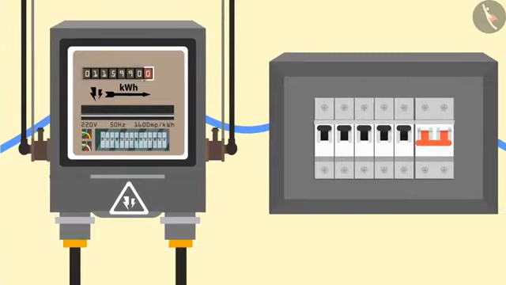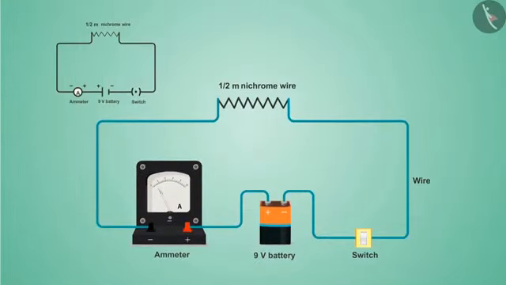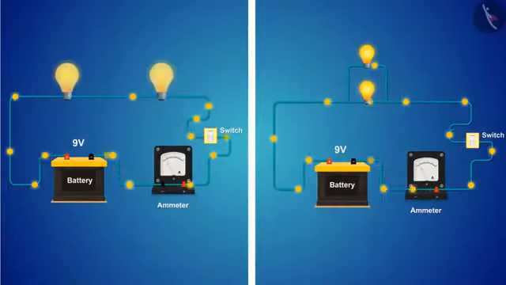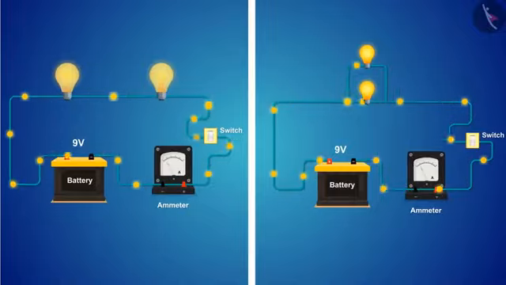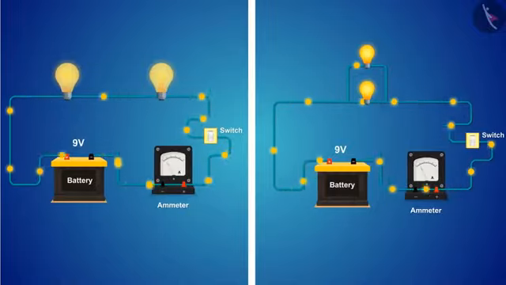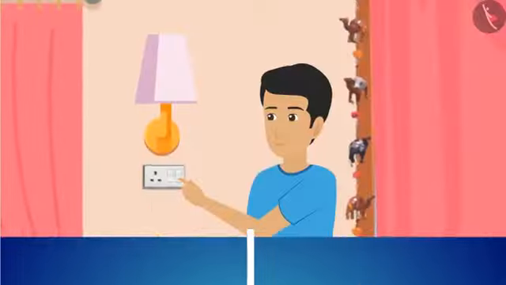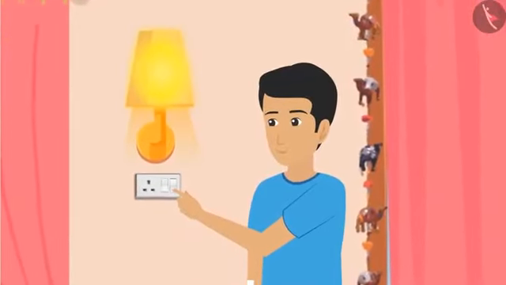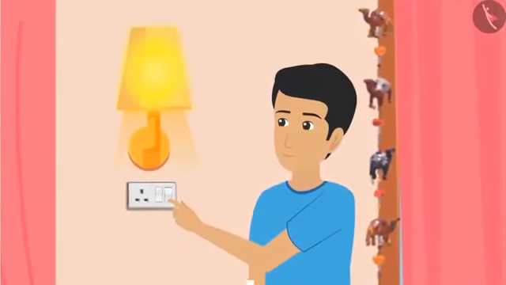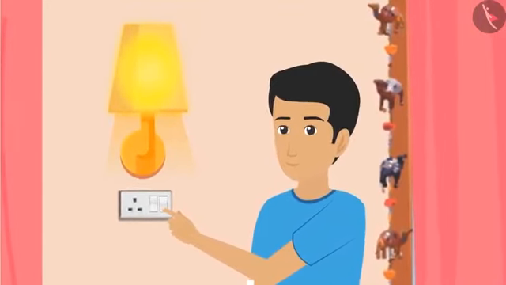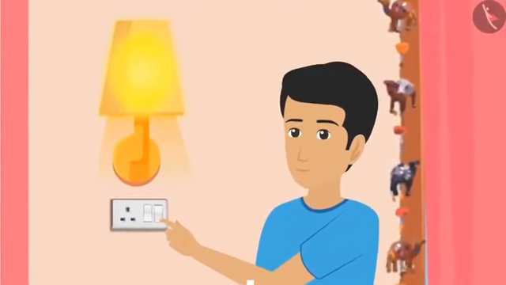So in today's video, we found out the factors on which resistance depends. Also the different ways of connecting the resistance in the circuit. Hopefully you have understood everything in this video. At the same time, you must have also understood the secret behind various appliances in the house and how they work. We will get to know about them more closely in the upcoming videos.